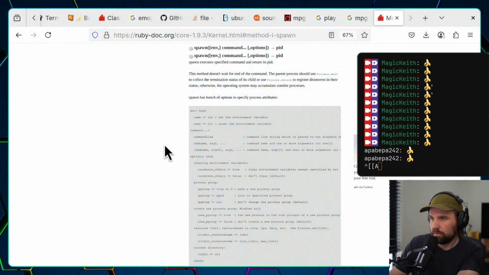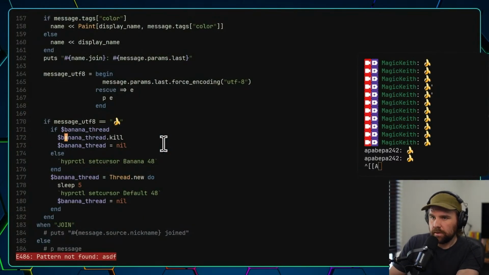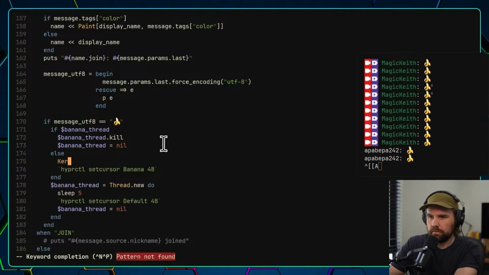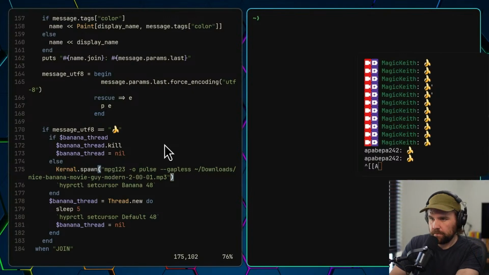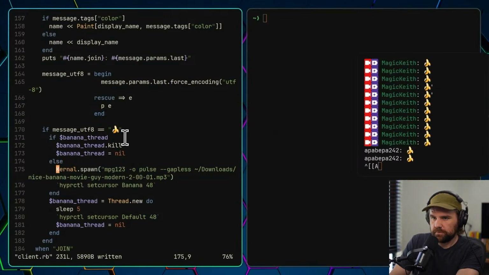Yeah, Kernel.spawn. I think that's what I want. So just spawn this particular command, and this is fine for now. Gapless didn't really seem to do anything, but I'll keep it in there.